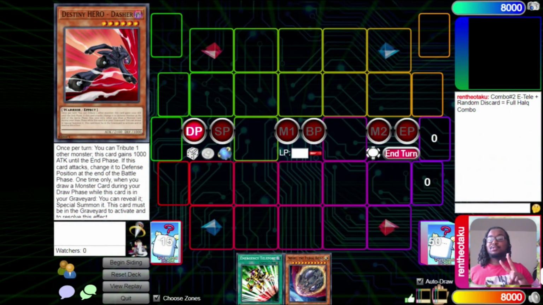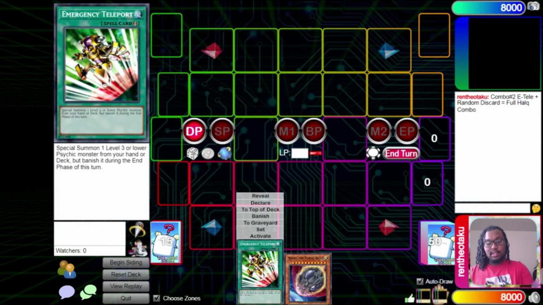All right, guys, combo number 2. As you can see on the screen, E-Tele equals random discard equals full house combo. Full house combo is Arclight, Borrelsword Savage, and Baron on board. All right, so we'll start with the E-Tele,